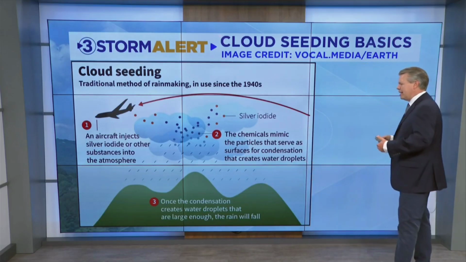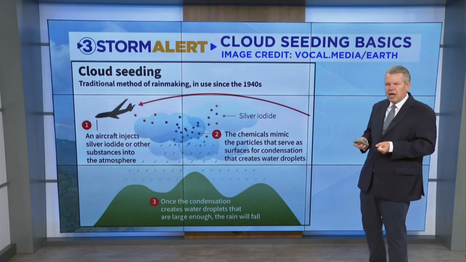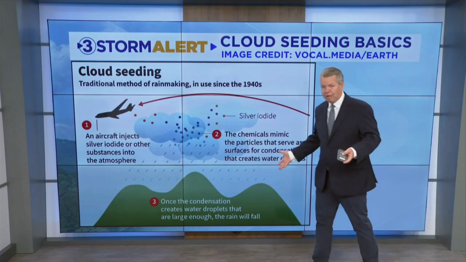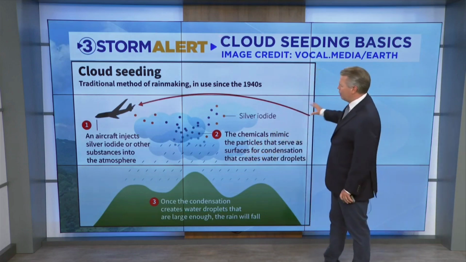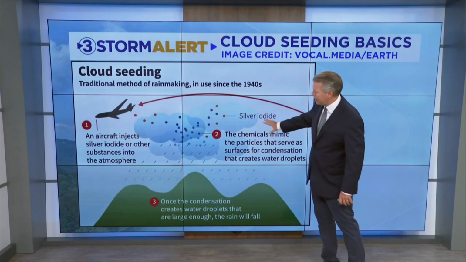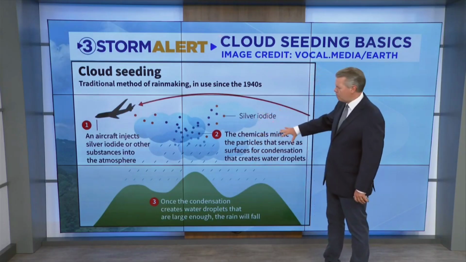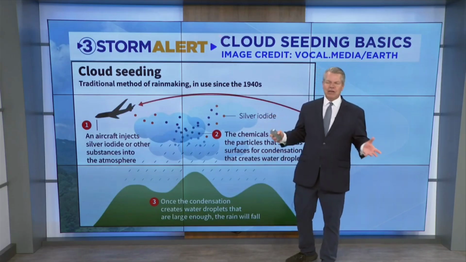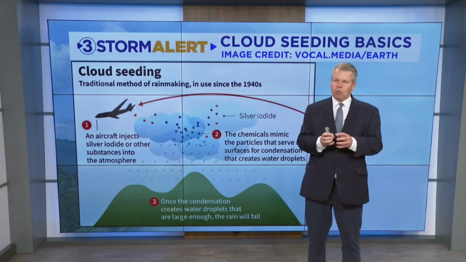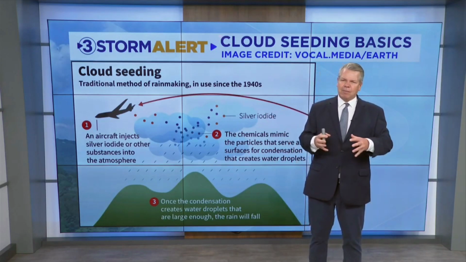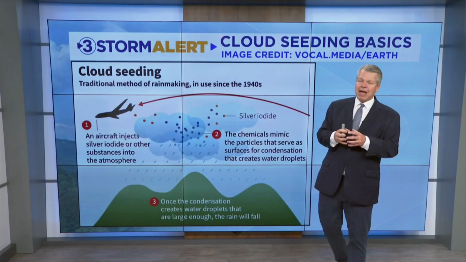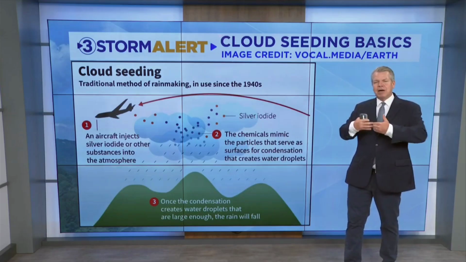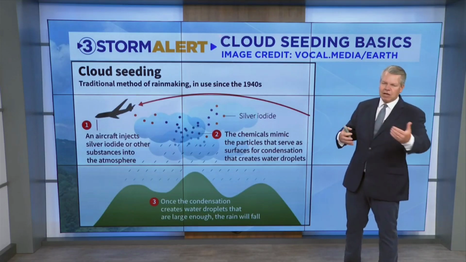Well, cloud seeding gives that whole process kind of an oomph, a little nudge, a push, if you will. The way it works is you'll have a plane, or sometimes the cloud seeding can be done on the ground, but typically it's done with a plane that flies over or into a cloud, and it will disperse a chemical, typically silver iodide. Silver iodide inside of a cloud attracts water droplets, so it speeds up and helps initiate even faster that process of those raindrops coming together, and gives it a better chance of producing more precipitation than it